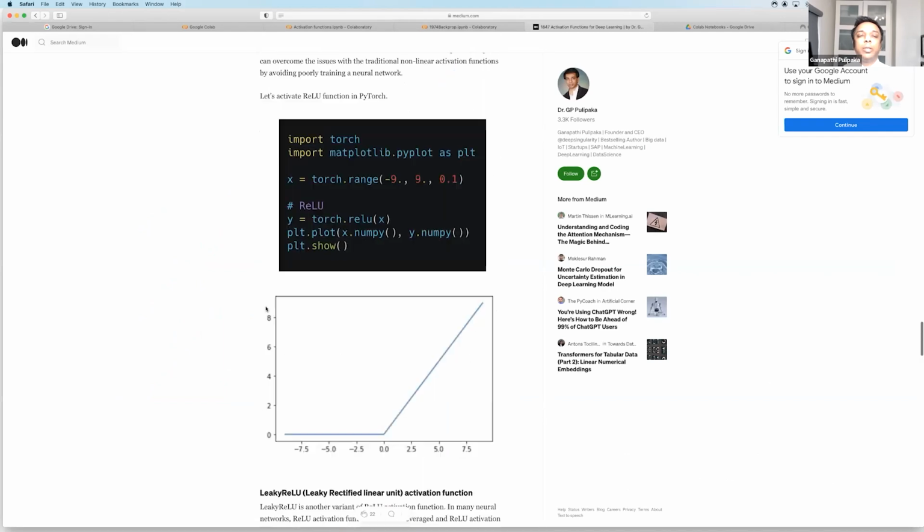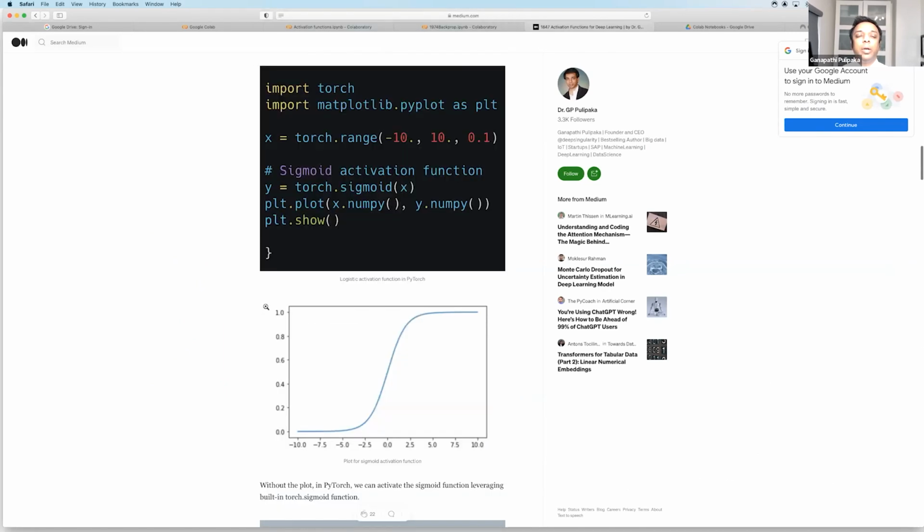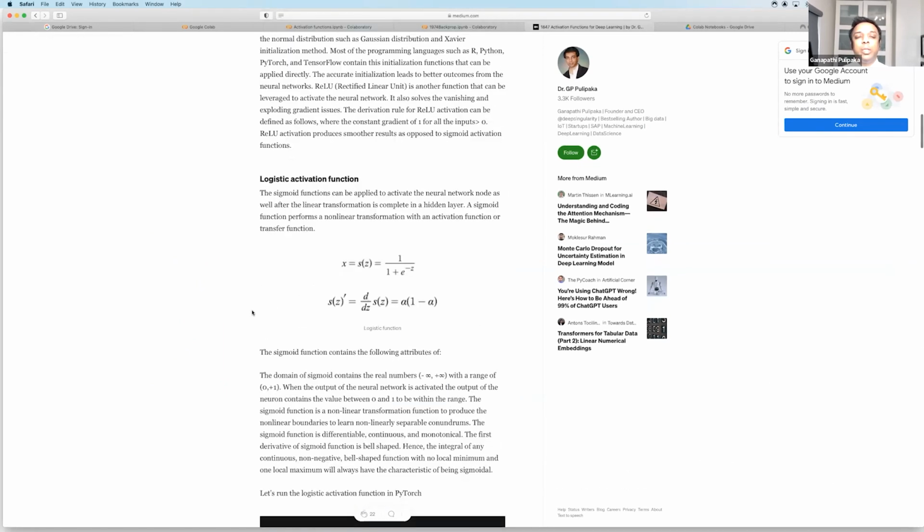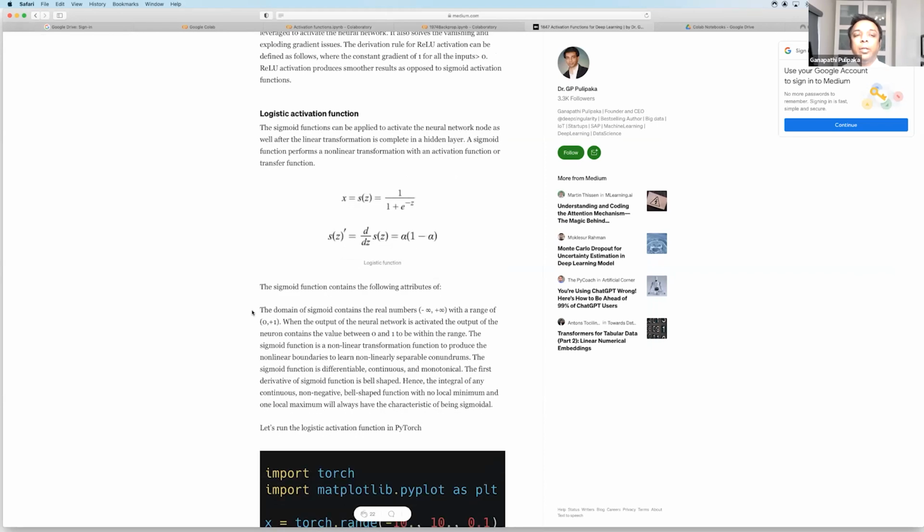So for the logistic function, just refer to here. This is the logistic function, also known as the sigmoid function. You can simply activate the neuron, and it will come with a linear transformation. The hidden layer, or processing layer, contains the weights that it's going to process, and the sigmoid function performs a nonlinear transformation.